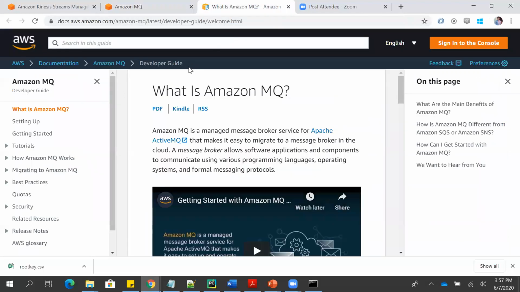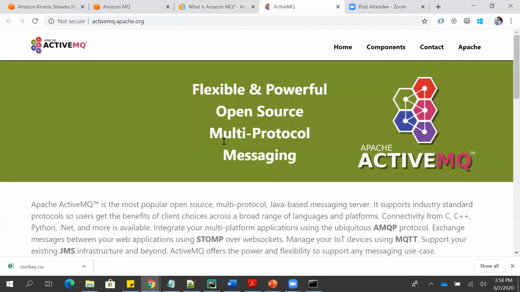Meanwhile, let's move to this. So this says that it is the managed message broker service. First of all, this is the open source managed broker service for Apache ActiveMQ, which helps us migrate to a message broker in the cloud. A message broker means you don't have to rewrite the code, and you can communicate with other applications which are written in different native languages. ActiveMQ is an open source service which helps you